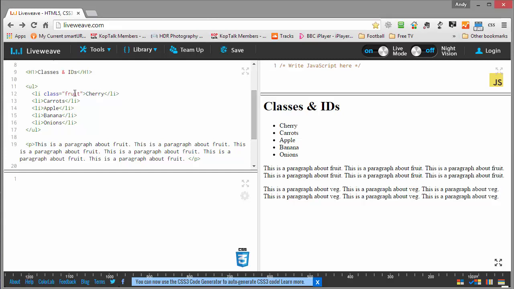So in this case I'm going to put fruit, and all I'm going to do is copy that code and paste it into the list item for apple and the list item for banana. Now we're going to create a different class for the vegetables. Class equals, we'll call that veg, and I'm going to do the same, copy, paste. So now we've got fruit class used 3 times and veg class used twice,